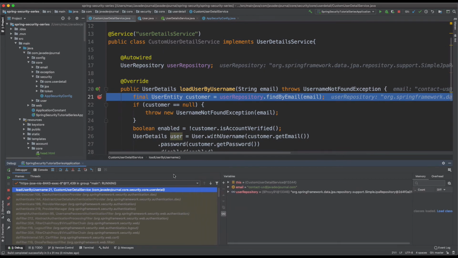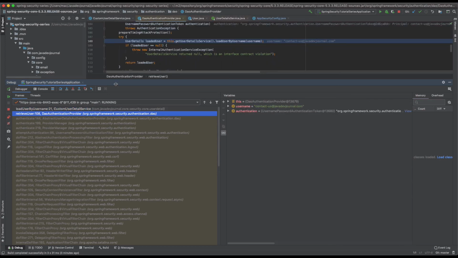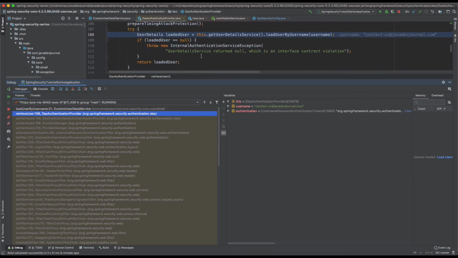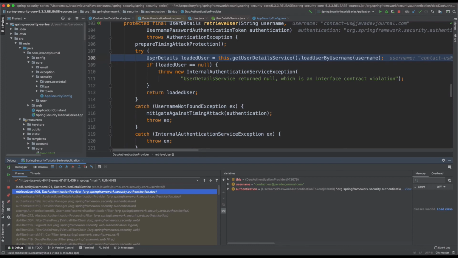But before that, let's see how the calling is happening. Okay, so this is our DAO authentication provider. And we configured this DAO authentication provider, correct? Now this DAO authentication provider is calling a user detail service, loadUserByUsername, and passing that username.